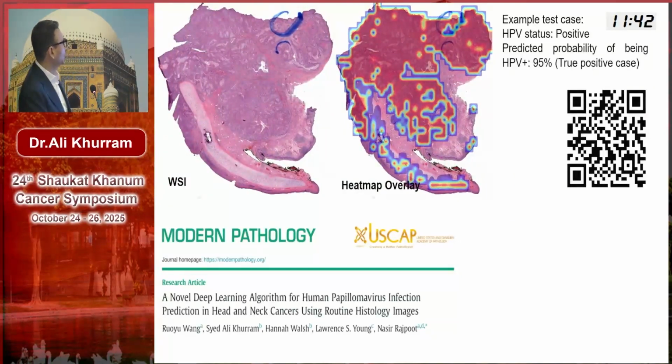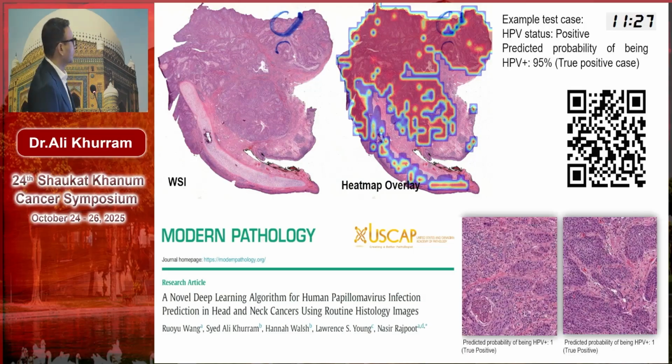Here's a true HPV positive squamous cell carcinoma. And here's the model indicating the likelihood, so the red areas are more likely, and this one is saying that it's more than 95% likely to be HPV positive, which it was. So hopefully something like that can make life a lot easier for people who don't have access to all those tests. And that also means that within 5 to 6 minutes, you can get a result on a cancer which can tell you whether this is a HPV positive cancer or not.